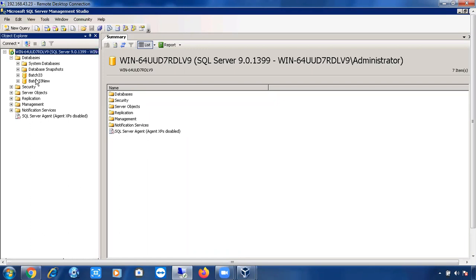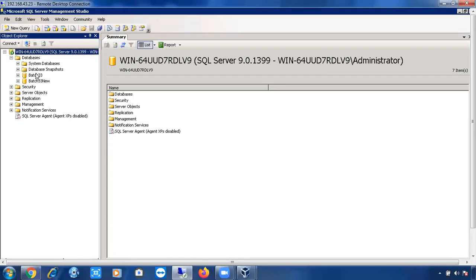Very good, the resource database is the fifth. In Management Studio we can see only four system databases: master, model, MSDB, and TempDB. We have a separate class on what master, model, MSDB, TempDB, and the resource database do.